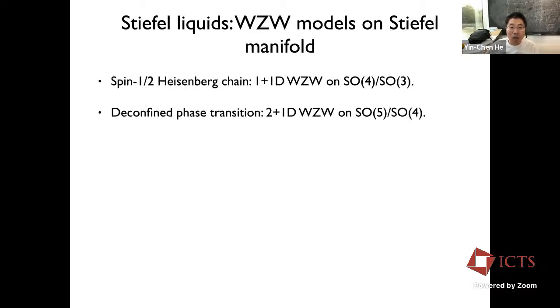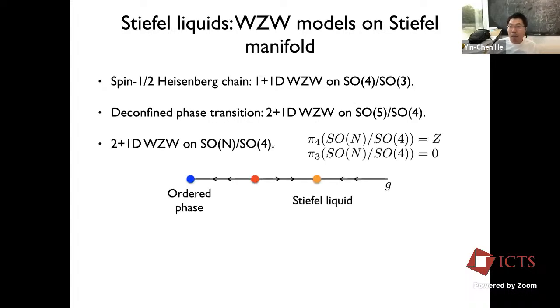Okay, so now, just as I said, this spin-1/2 Heisenberg chain and deconfined phase transitions are indeed just special examples of Wess-Zumino-Witten models on a Stiefel manifold. That sphere, because a sphere is a Stiefel manifold. But with this Stiefel manifold, we can generalize it to a family that is SO(N) quotient SO(4),